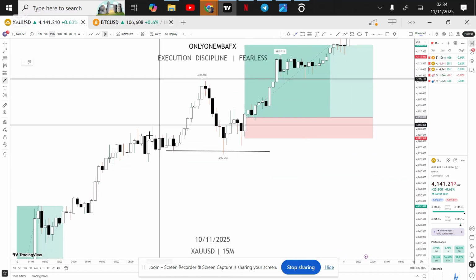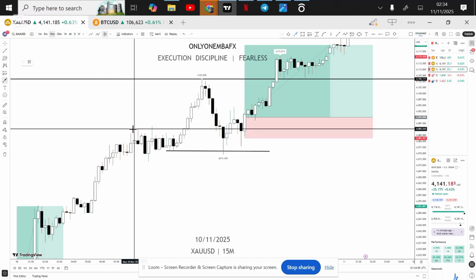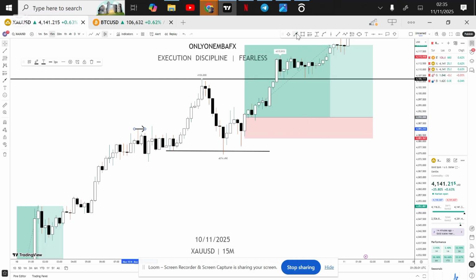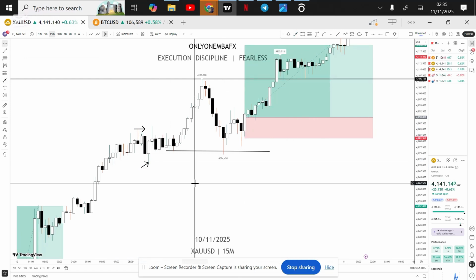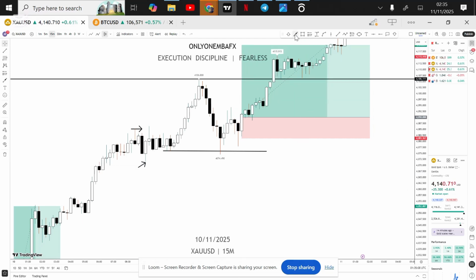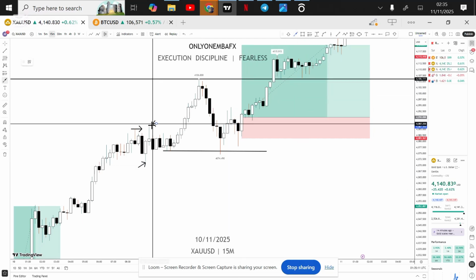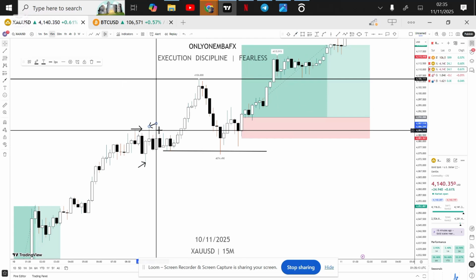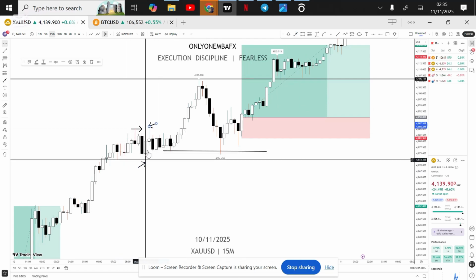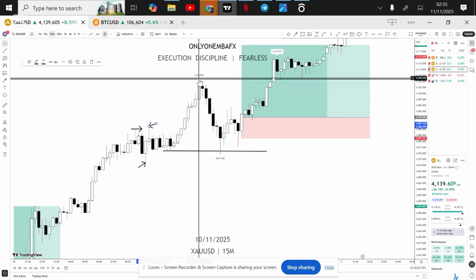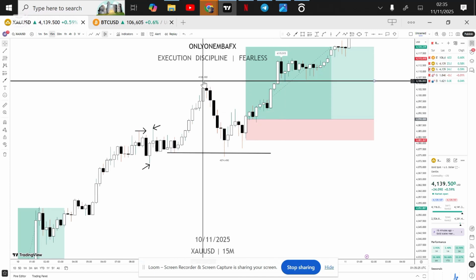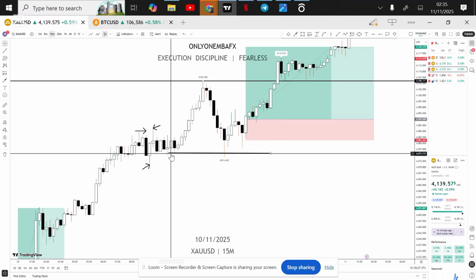I noticed that from here, after price made this high, this little high, then it made this low. All right. After making this low, it made what? This high. This high came to tap this point, telling me that, okay, this was a high, this was a low, and this was a high, and this was a low. Because after this highest point, price made this lowest point, then made this higher high. All right. So after my price made this higher high, it pulled back, swept this low.